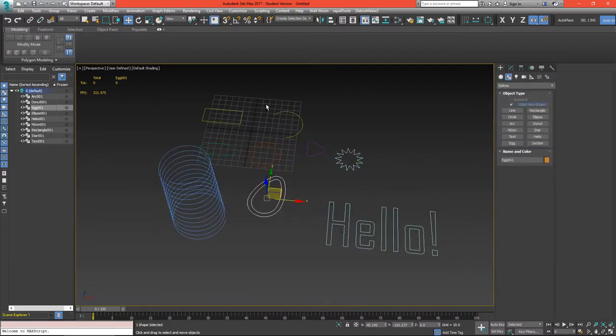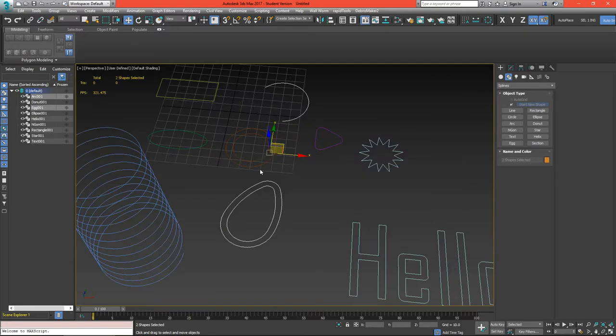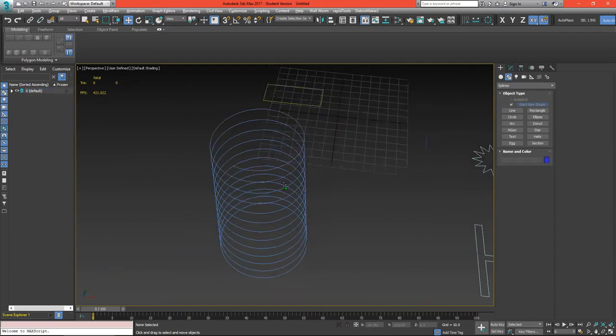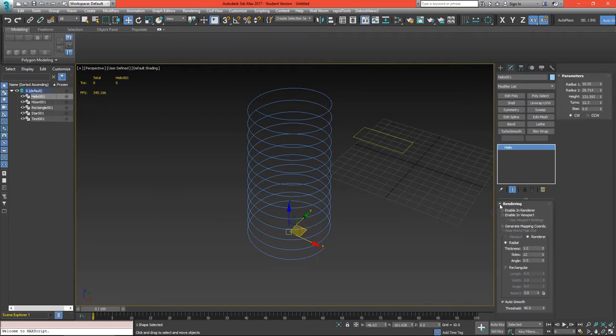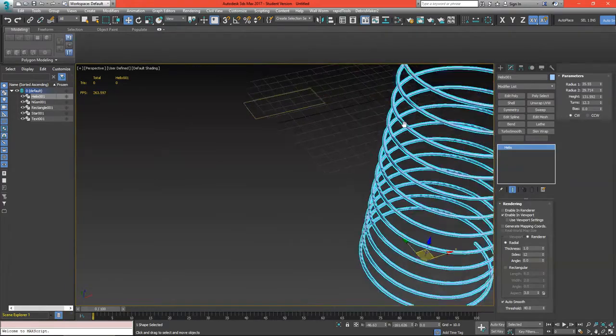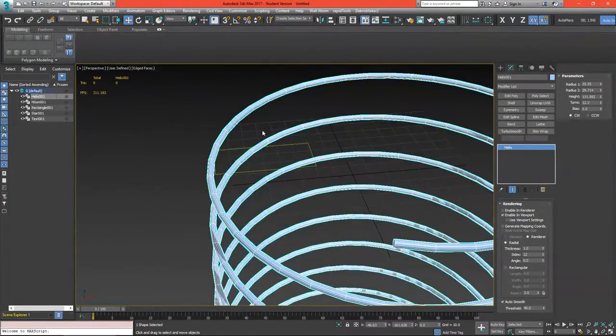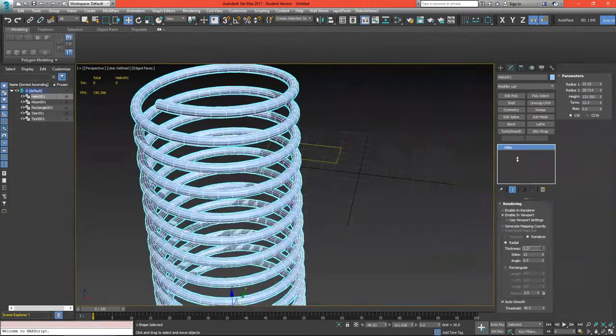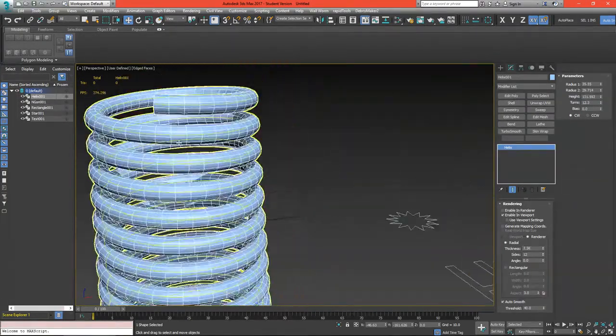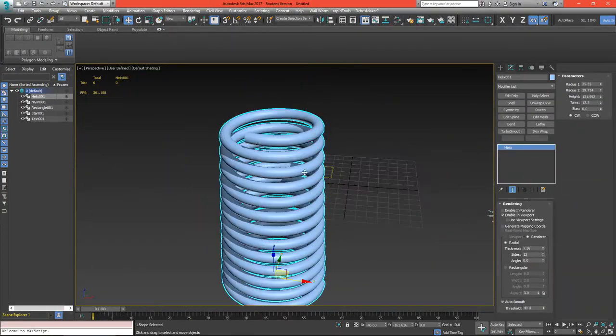So the cool thing about splines is that they can all be rendered. So take, for instance, this helix. If we select this helix and we expand rendering, we can hit enable in viewport. And this will create 3D geometry out of our 2D spline. So we can use radial, which is going to be a tube, and we can increase this, and now we have an easy spring. And we can turn the sides up or down,